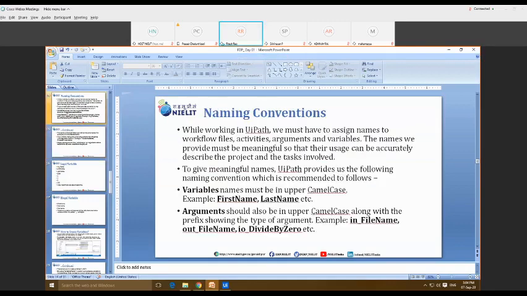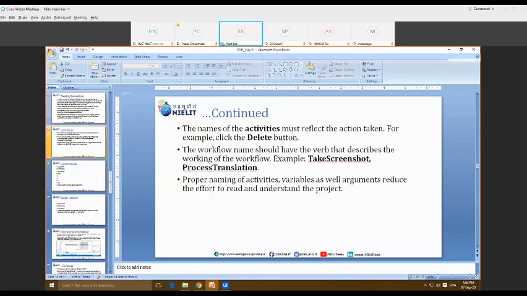The naming convention is that the variable should be in upper camel case. This is the example you can see here: the first name and the last name. The F and N are in uppercase. Similarly for the last name, L and N are in uppercase. Now we'll see some legal and illegal variables, or valid and invalid variables, so that we can clearly understand how to follow them. Apart from this naming convention, you should also follow certain rules for the creation of a variable. We'll discuss in the coming slides how we can create any variable.